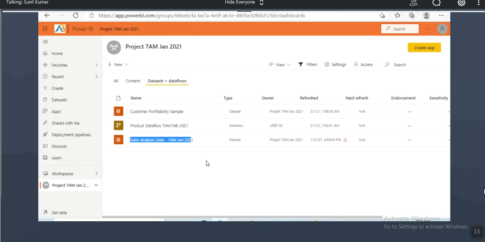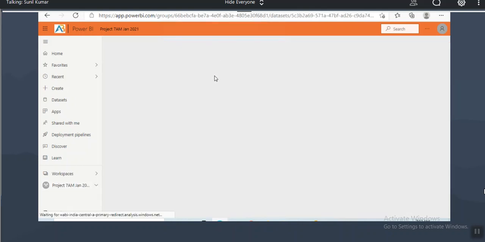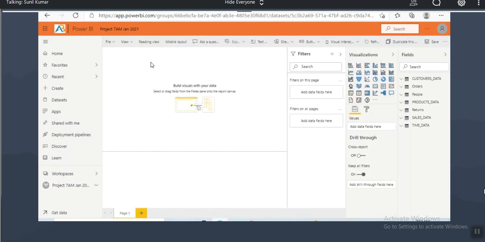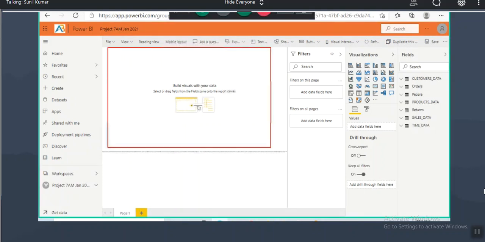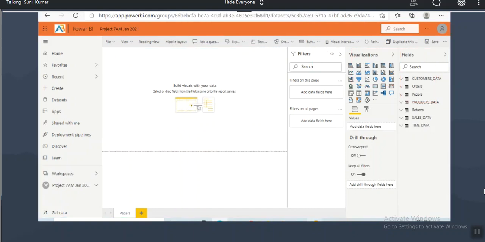When I click on create report, a report will start creating. Click on create report. The same Power View will open. You will see report canvas, filters, visualizations, fields.